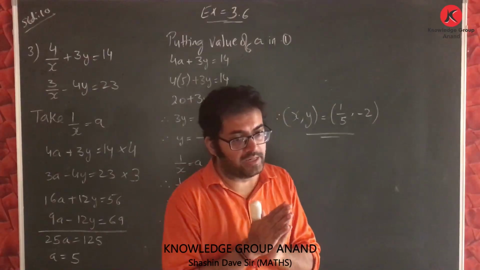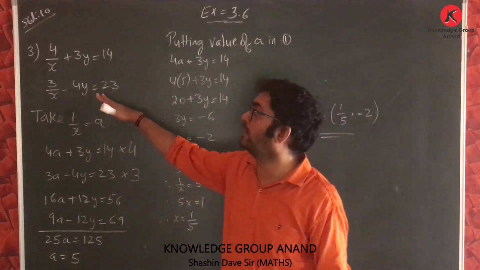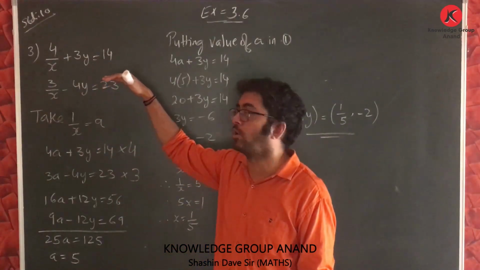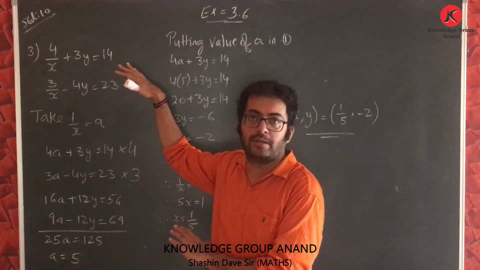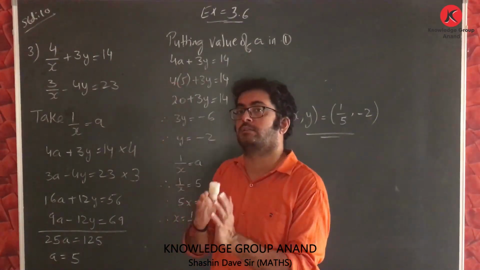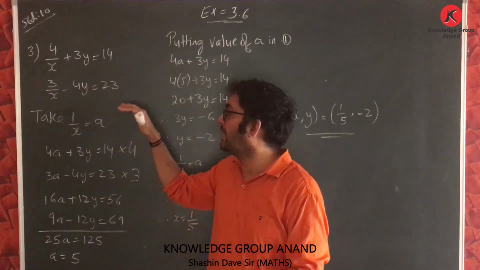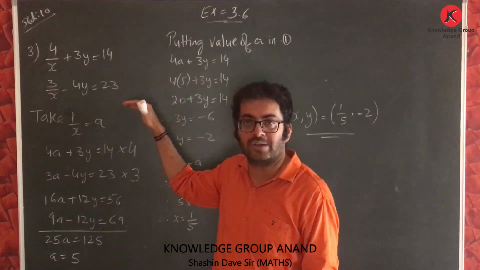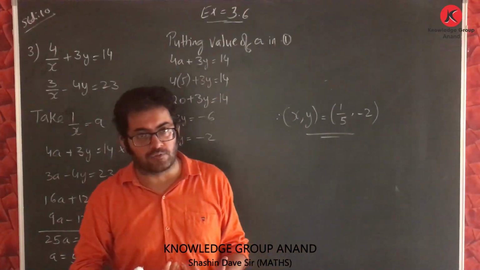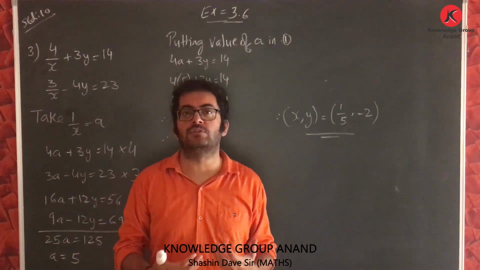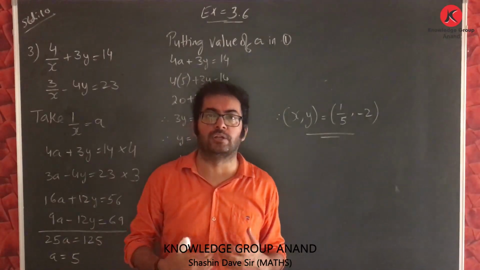The thing you have to be very careful about here is that you don't take supposition for both the parts, because the part with y is simpler, it's not in the denominator. So here supposition was only for the x part. In this particular question, I have just taken 1 upon x is equal to a. The other part of the sum is the same as we solved in question number 1 and question number 2.